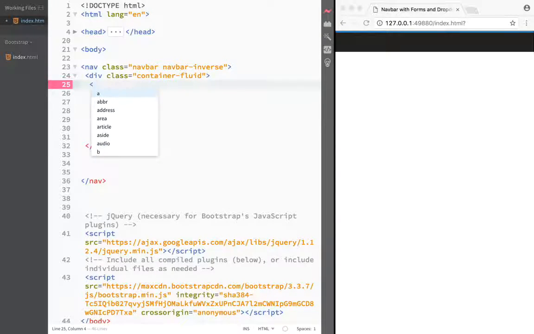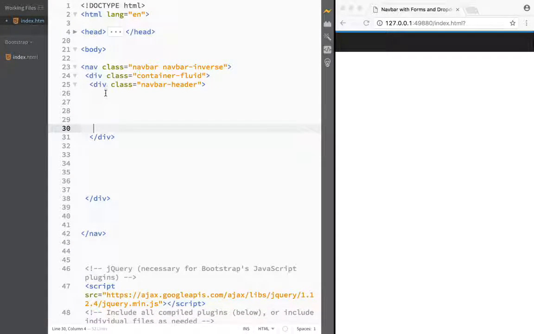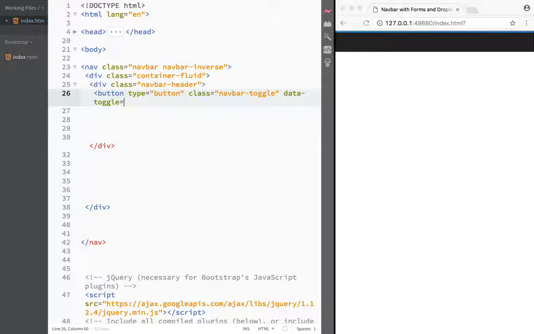And the first thing that we want to do is create a div that has a class of navbar header over here like this. And within that header, the first thing we're going to create is this collapse button, right? So here we're going to say that this is going to be a button, and the type is going to be button over here like this. And the class over here is going to be navbar toggle. And here we're going to say that data toggle over here is going to be collapse,